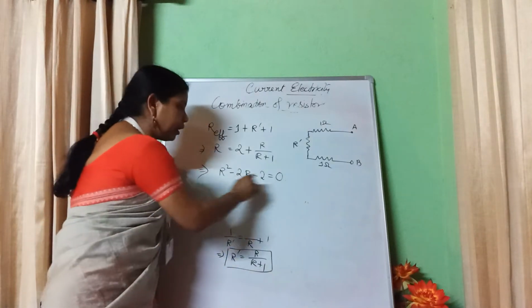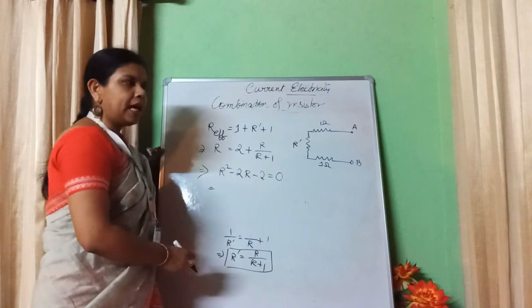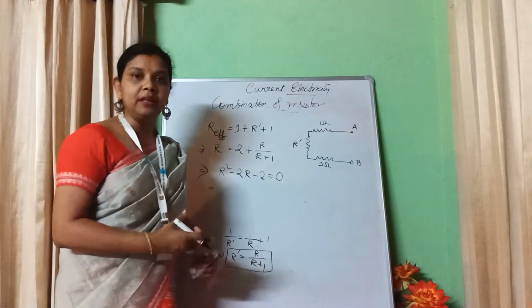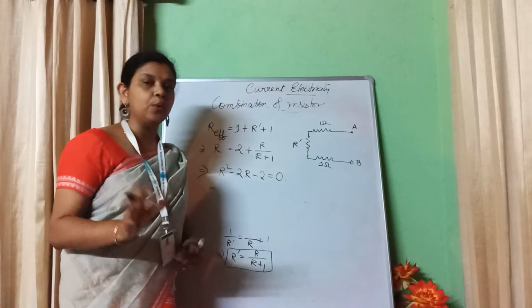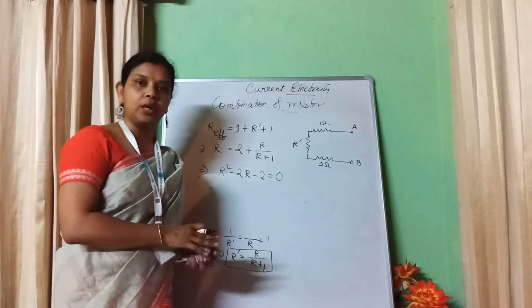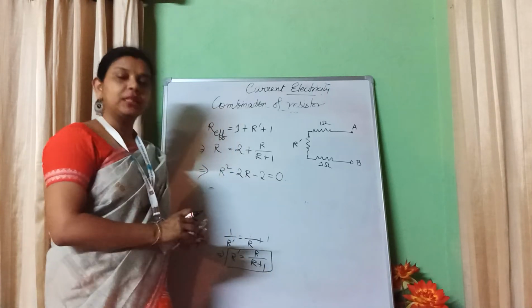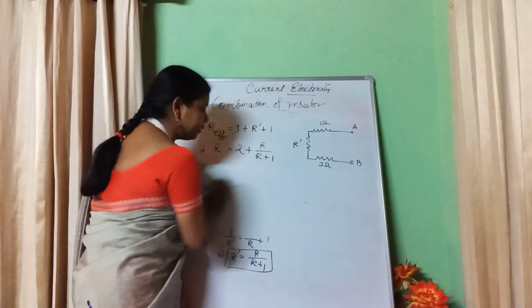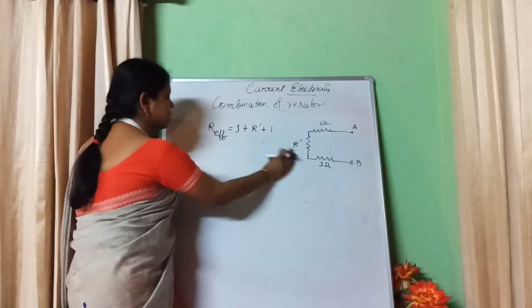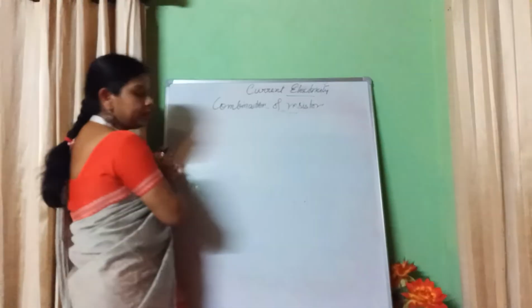So we will get a quadratic equation. Solve this quadratic equation, you will get the answer for R. And if a value of R comes out negative, resistance cannot be negative. So remove that value and take the positive value. It can be in decimal points also, no problem, but it cannot be negative. So this is another type of question that comes in the exam. Okay, move to another one.